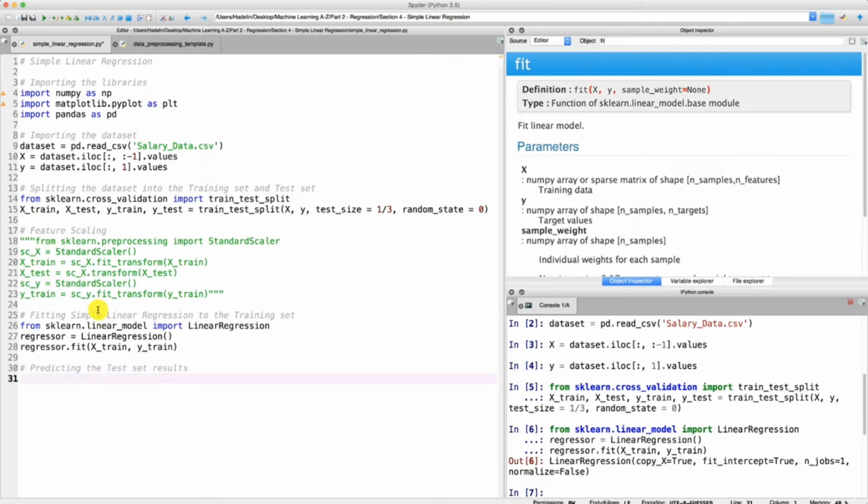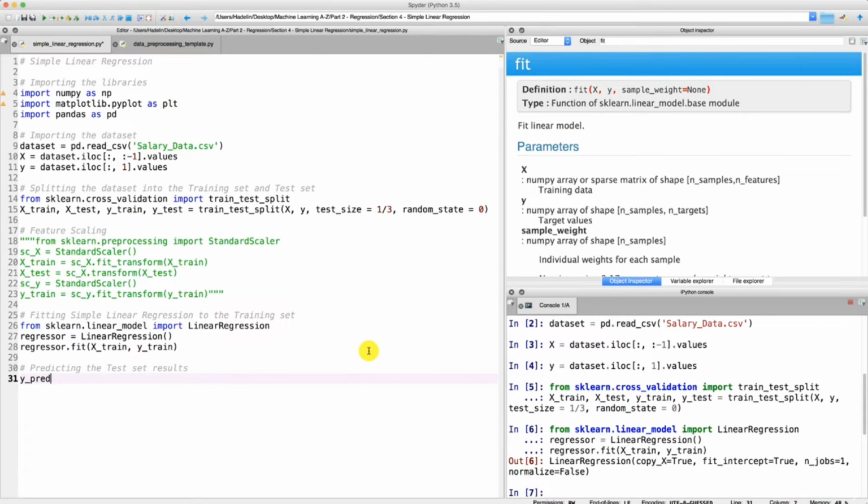We're going to see how our simple linear regression machine learned the correlations in the training set to see how it can predict the test set observations, which are new observations because indeed our simple linear regression model didn't learn anything from the test set. So let's see how it can predict new observations. And to do this, we will create a vector of predicted values. That is, we will create a vector that will contain the predictions of the test set salaries, and we will put all these predicted salaries into a single vector that we will call